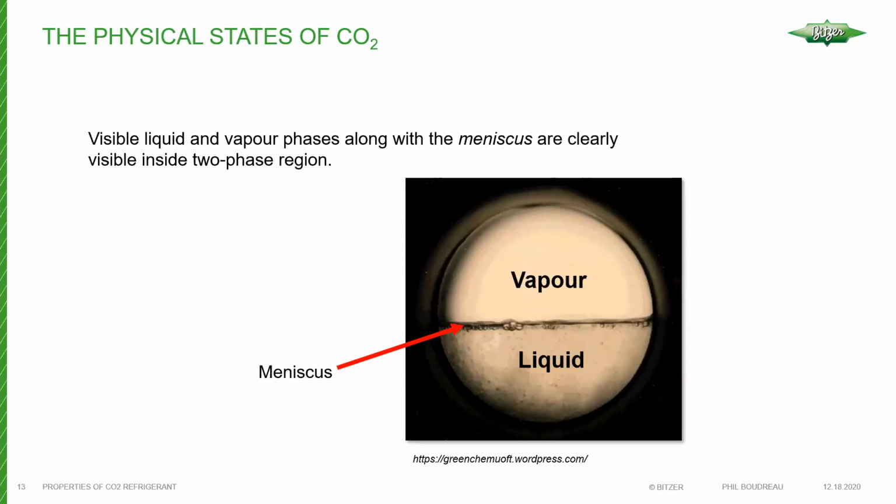Here we can see what looks like a typical sight glass. You can see liquid in the bottom of the sight glass, vapor in the top, and then we can see this clear meniscus, which is basically your separation line in this two-phase glass here. So if we were to take this